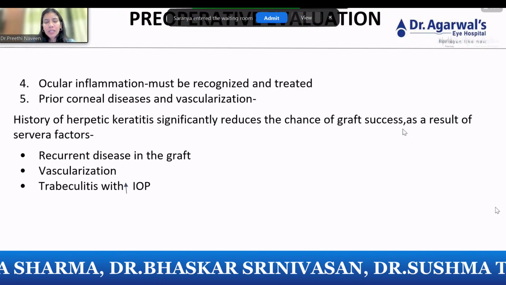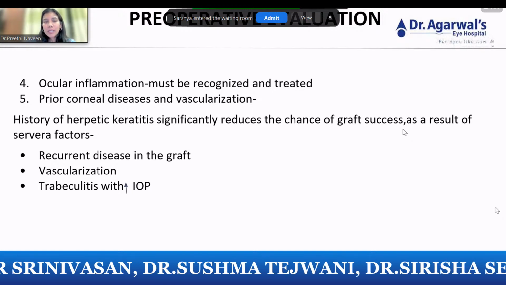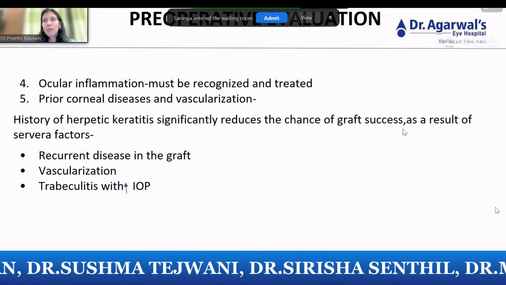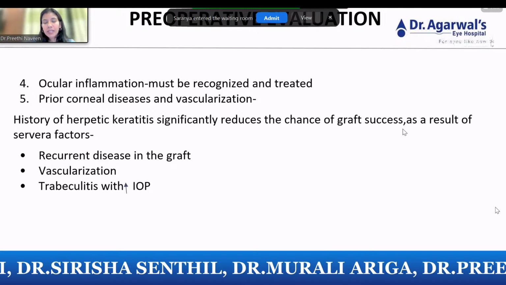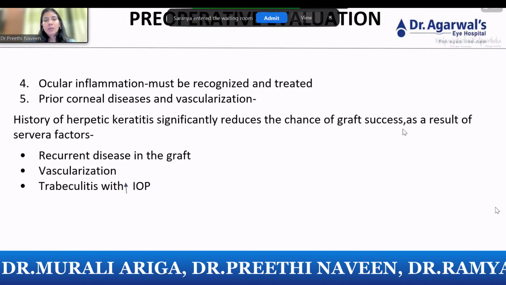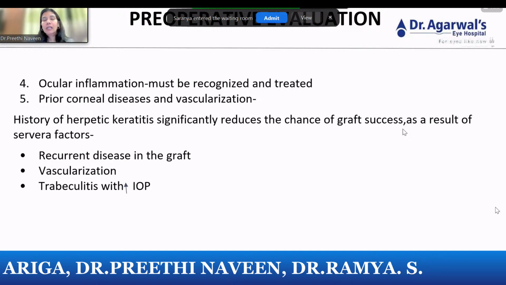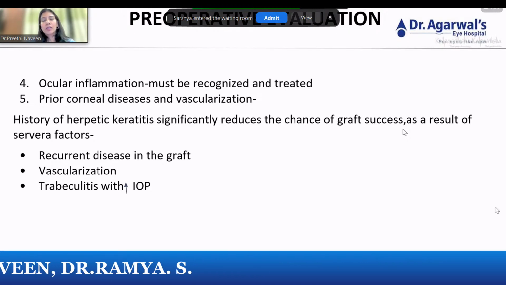inject anti-VEGF agents or a fine needle diathermy to these patients, and wait for the vascularization to regress before you jump in to do a keratoplasty in these cases, because it makes a hell of a difference if vascularization is under control. And again, you will have to get a proper history, because if it is a herpetic scar and if it's a neurotrophic cornea, then your success rate also depends on treating these prior to that.